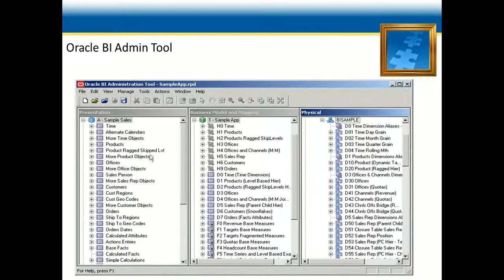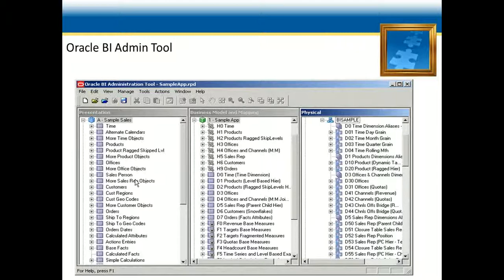So we'll move on to the presentation layer. Why is the presentation layer used? It defines the user interface in which you can place the facts and dimensions in your own format, the user format. Here we will have components like subject area, presentation table, presentation column.